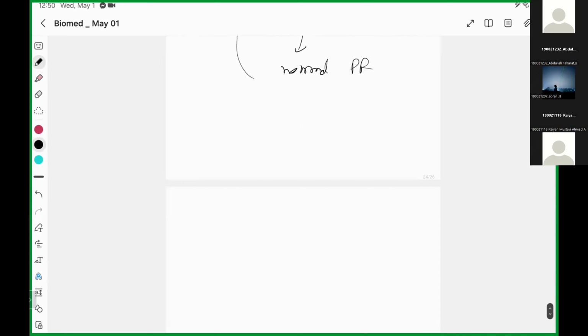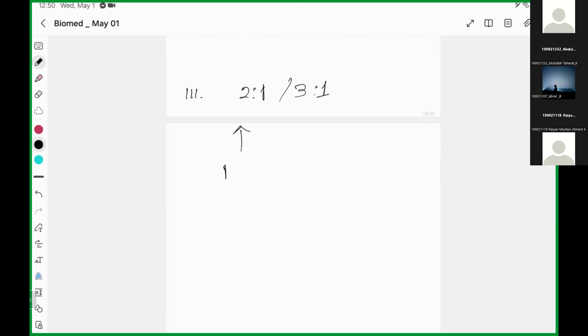And the third one is 2:1 or 3:1 conduction. It means 2:1 means you have one QRS missing and one normal. Okay. 3:1 means two QRS missing and one normal. So that is actually the 3:1 conduction. It has two missing, one normal. Okay. So if you look at